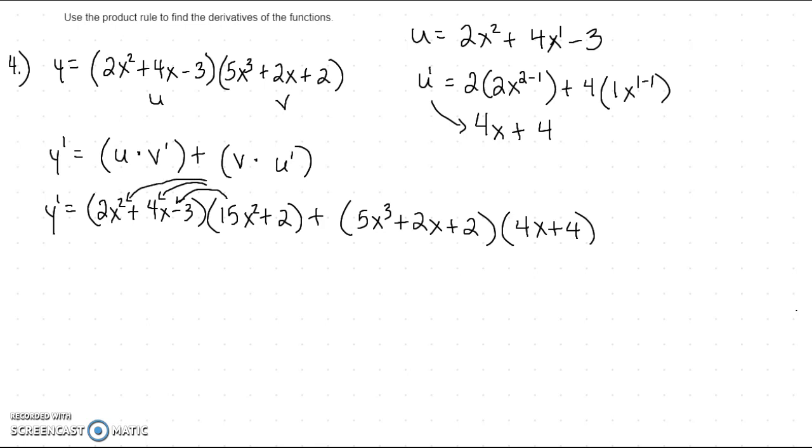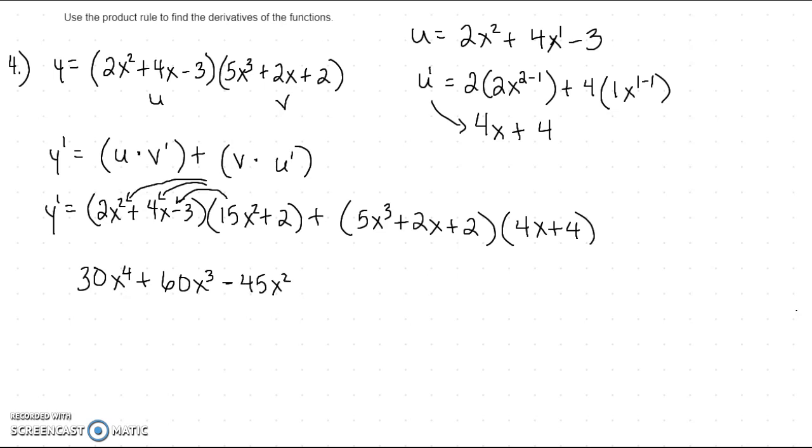So 15x squared times 2x squared gives me 30 times x to the 4th. 15x squared times 4x gives me 60x cubed. And then 15x squared times negative 3 gives me negative 45x